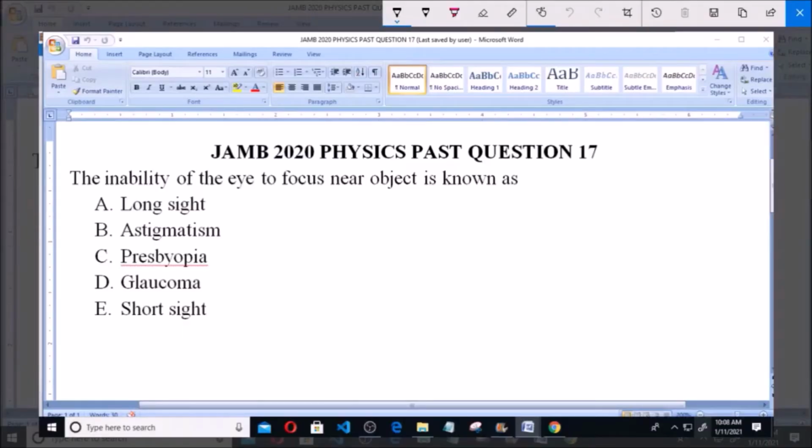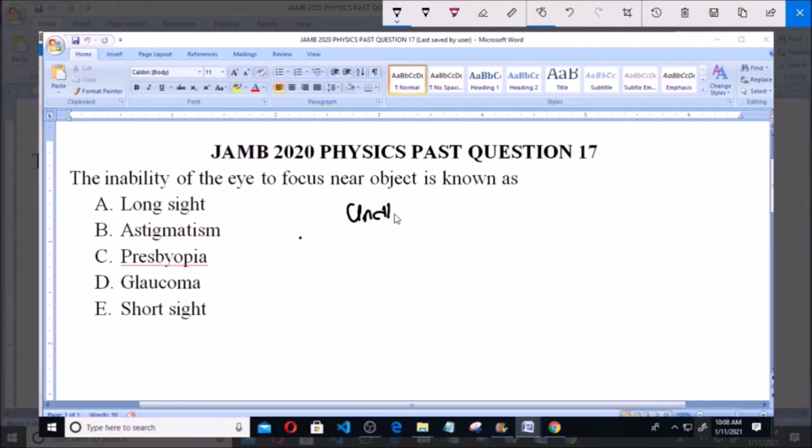I'll be answering Jamb 2020 Physics Past Question 17. The inability of the eye to focus near objects is known as A. Long sight, B. Astigmatism, C. Presbyopia, D. Glaucoma, and E. Short sight. Now, the inability of the eye to focus near objects simply means that the eye is unable to view